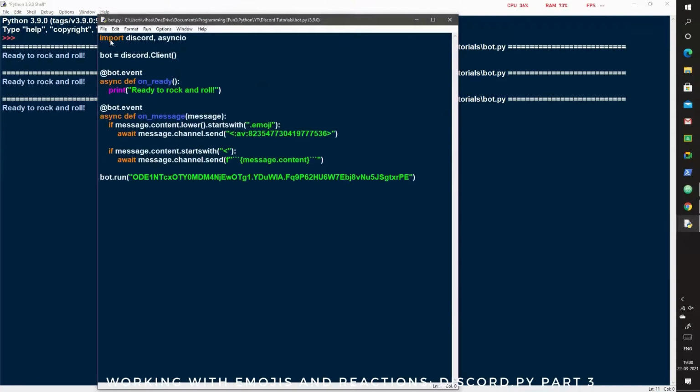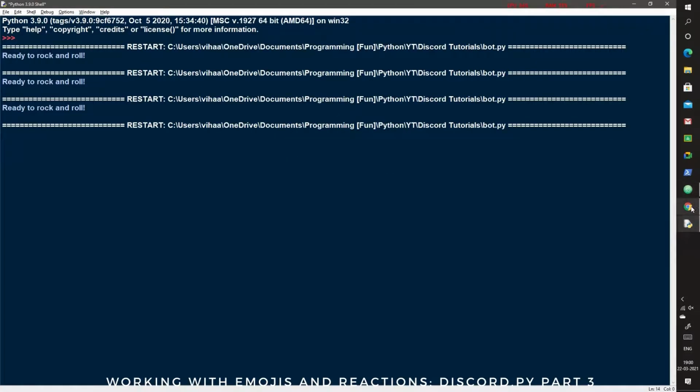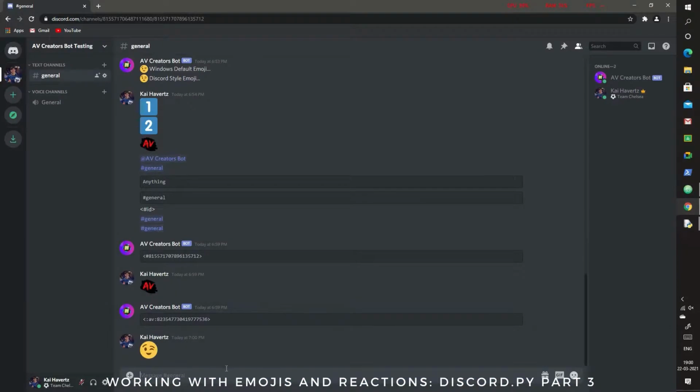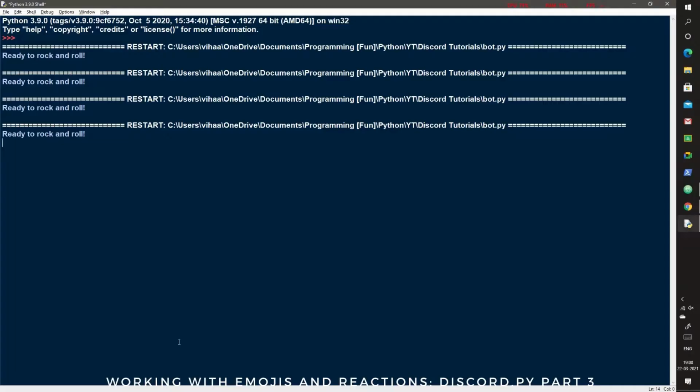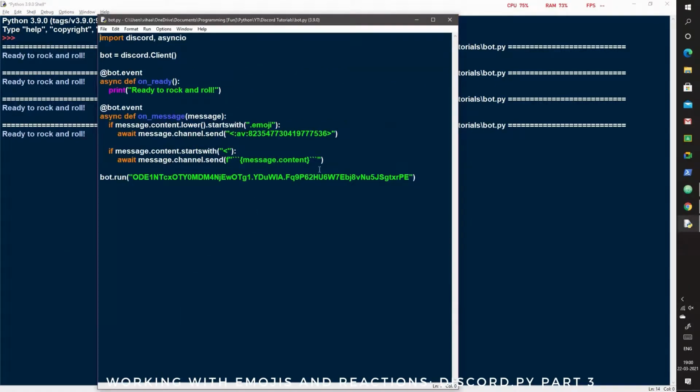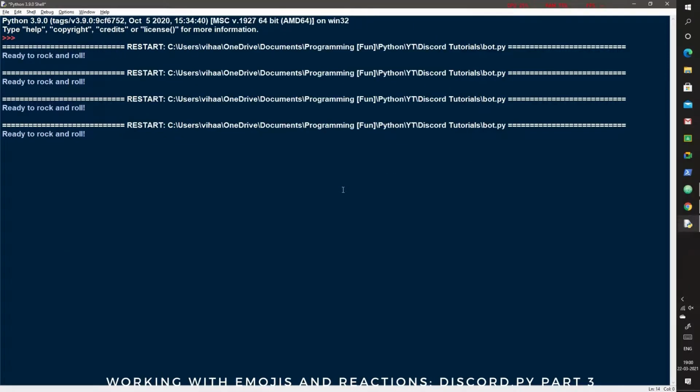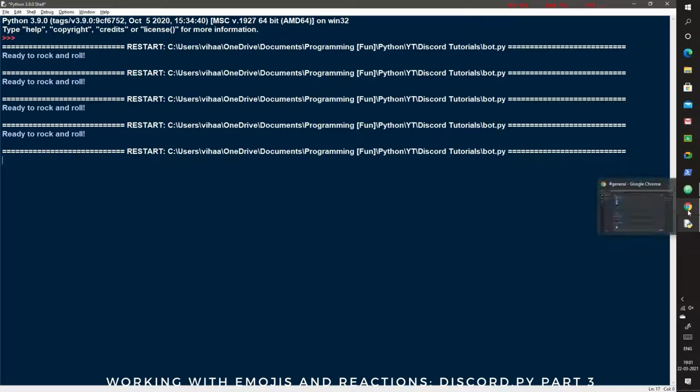If you're working with animated emojis, so suppose you have Discord Nitro, you can do the same for it, but then in the format there will be an a before the emoji name. Okay, so something like a, name and ID. Okay, so now our bot should be up and running.